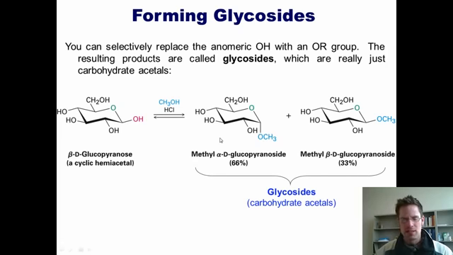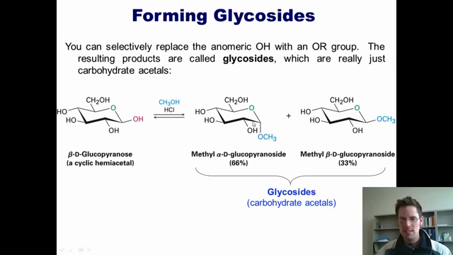And now we arrive at this magical word called glycoside. So anyway, there's this magical reaction that we can do to selectively replace an anomeric OH with an OR group, where R is an alkyl group. So in this example that I have here, we replace the OH with a methoxy group by treating this sugar with methanol and acid. What we end up getting is two different isomers, one being alpha, where these two groups